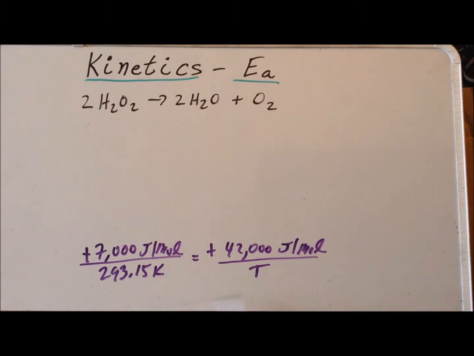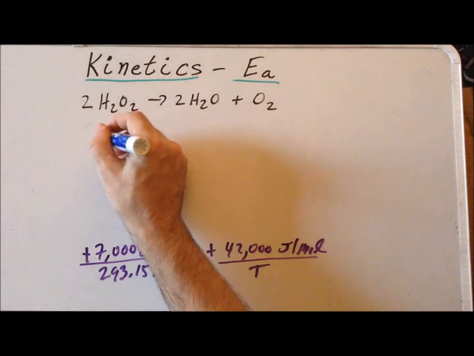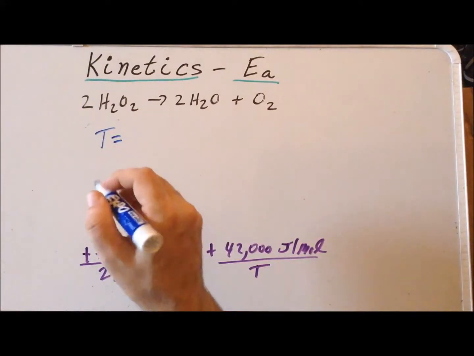Now we simply multiply both sides by T and by 293.15 Kelvin divided by 7,000 joules per mole, and we get that T is equal to